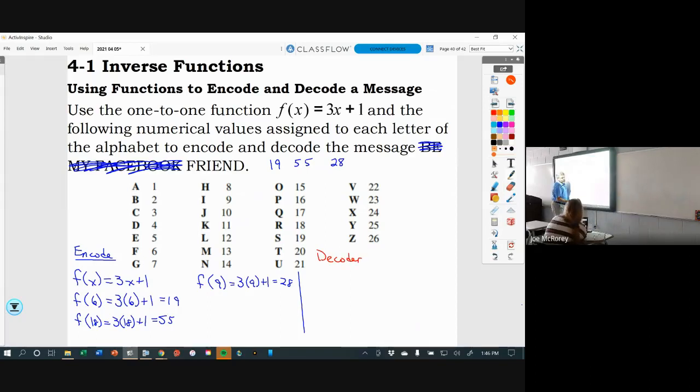The decoder is going to be the inverse of that. Okay? So I want to find the inverse of this. So I start off, I have y equals 3x plus 1. We'll swap the x and the y. X equals 3y plus 1. Subtract 1 from both sides. 3y equals x minus 1. Divide everything by 3. Y is equal to 1/3